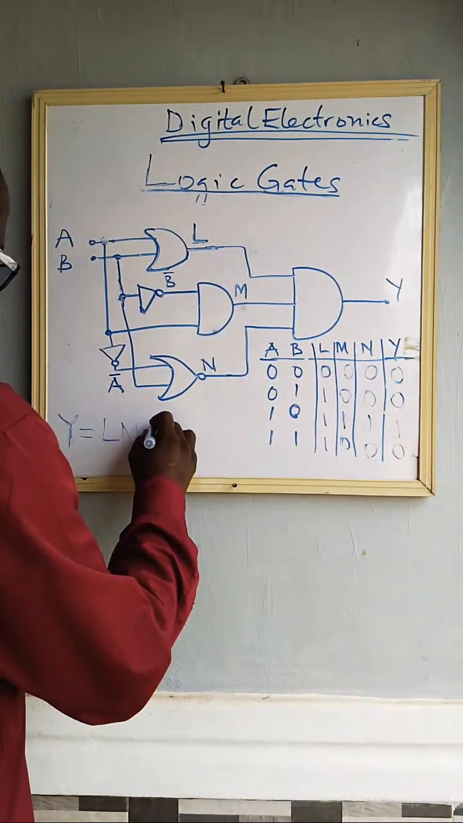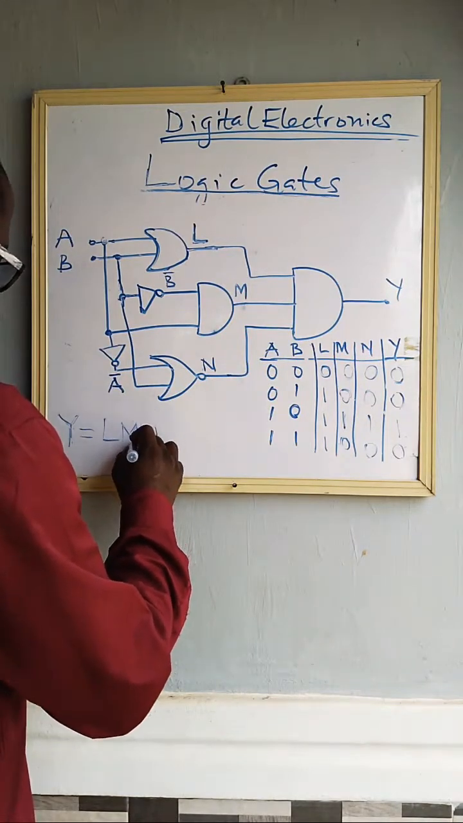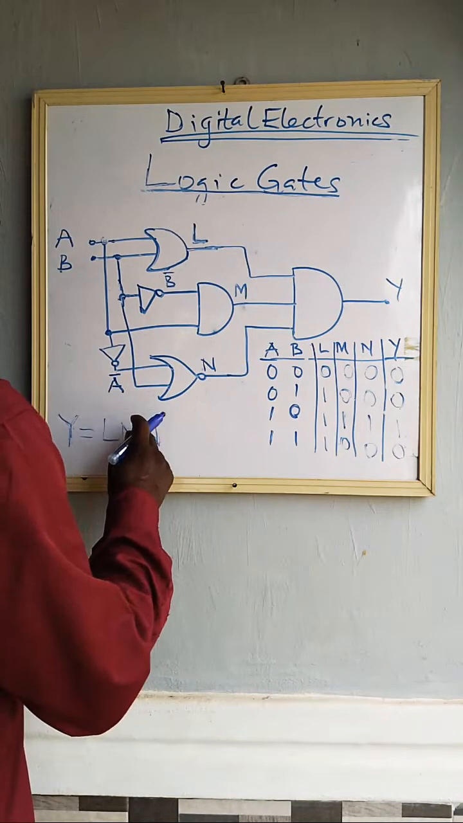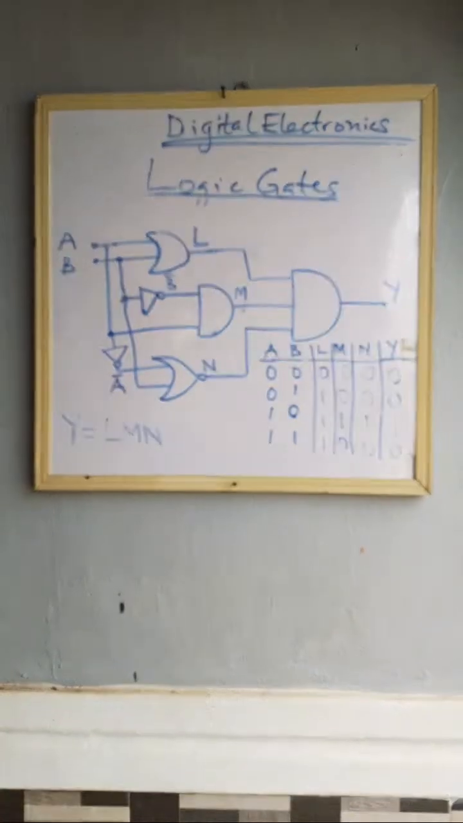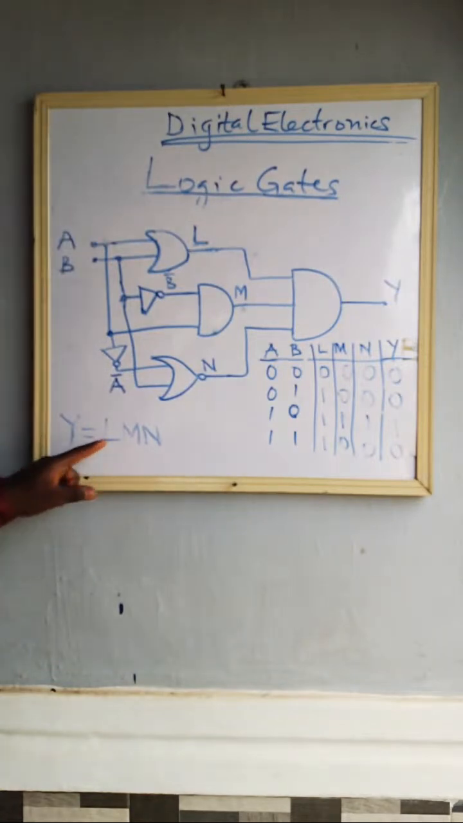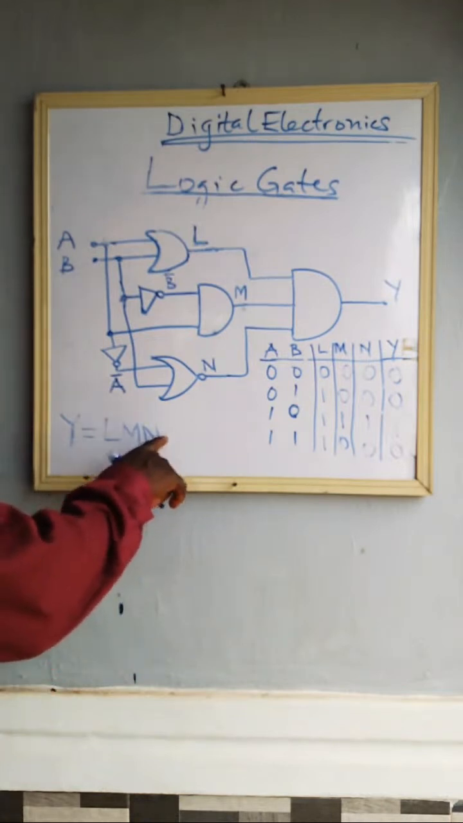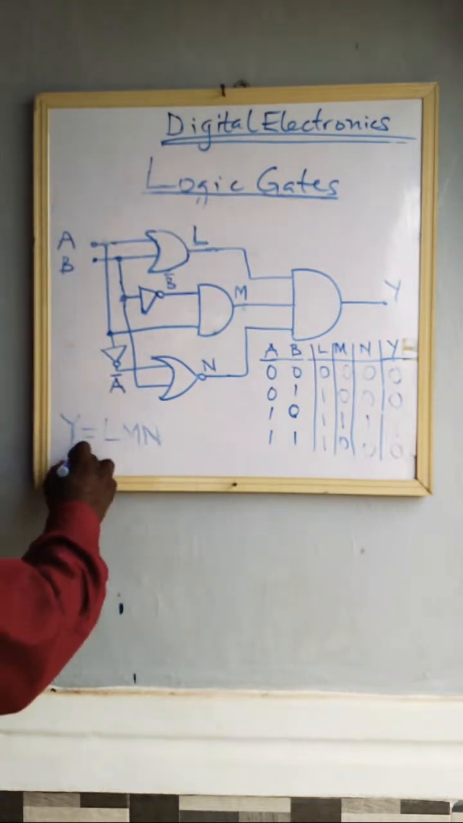That is to say, L dot M dot N. That is an AND function between L, M, and N. That is what gives us Y. But what is Y? What is L, M, and N? We need to write it, so we are not going to leave it this way. Y equals